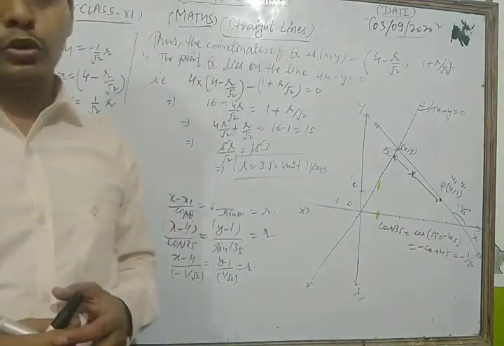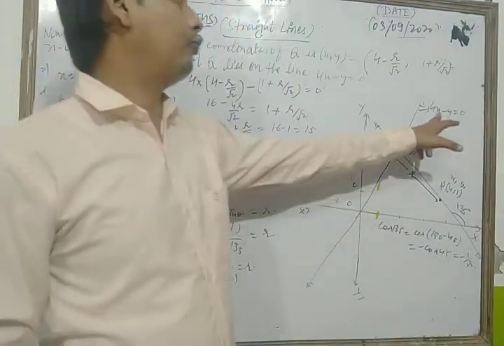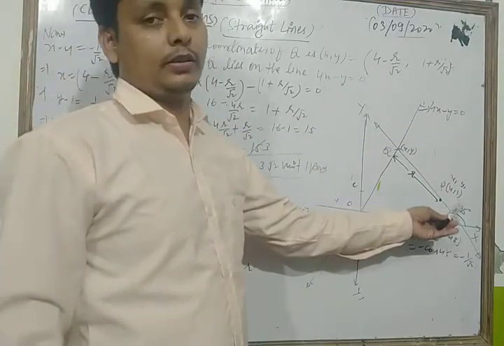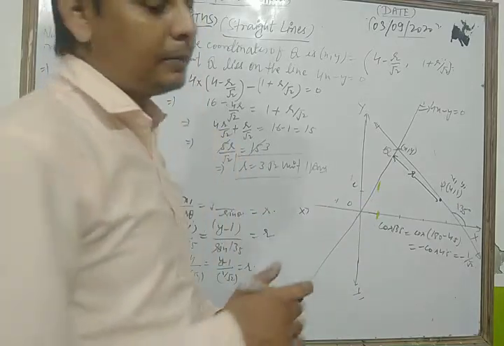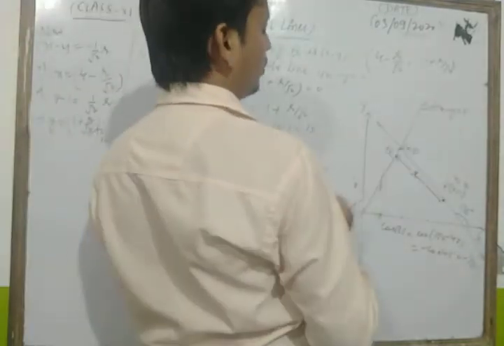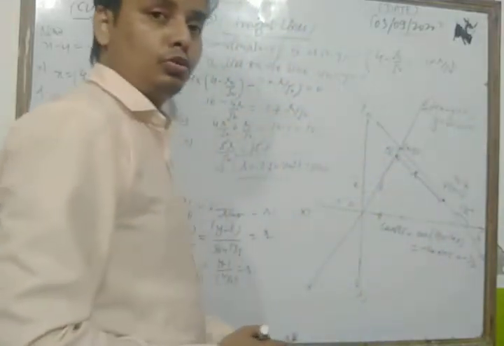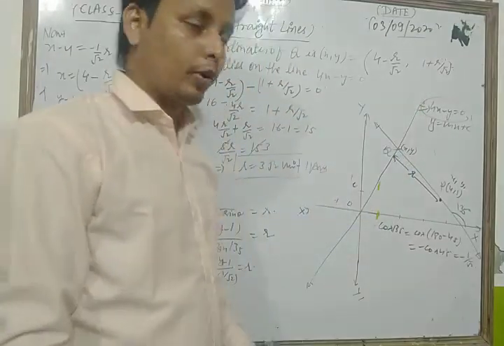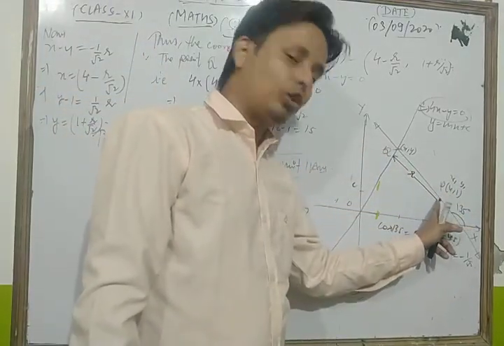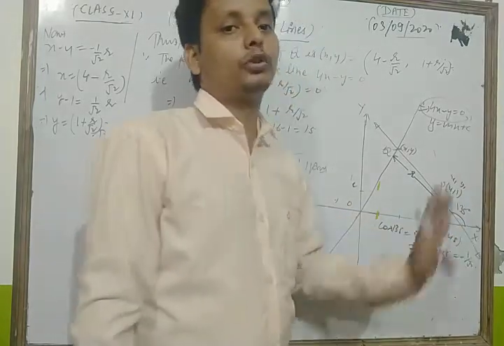Okay, let's see once more, dear students, that diagram, that figure. The question says: find the distance of the line 4x minus y is equal to 0 from the point (4, 1), measured along the line making an angle of 135 degrees. First of all, dear student, we write the equation of the line in slope intercept form, that is y is equal to mx plus c. That line passes through the origin in this way. The point (4, 1) lies on the other line, which passes through it and makes an angle of 135 degrees with the positive direction of the x-axis.